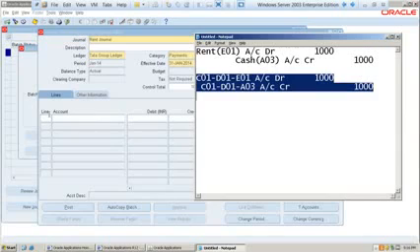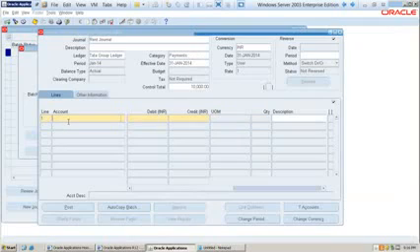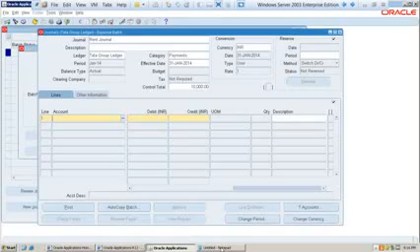Question: can we add accounts? I mean, if we had missed any of those accounts now? Yes, any point of time you can go back and add the segment values, for company, for departments, for accounts. No issues at all. Only thing is that we can't delete. Balancing segment values cannot be deleted for the ledger. Okay, adding is possible, but balancing segment values cannot be deleted as per last discussion.